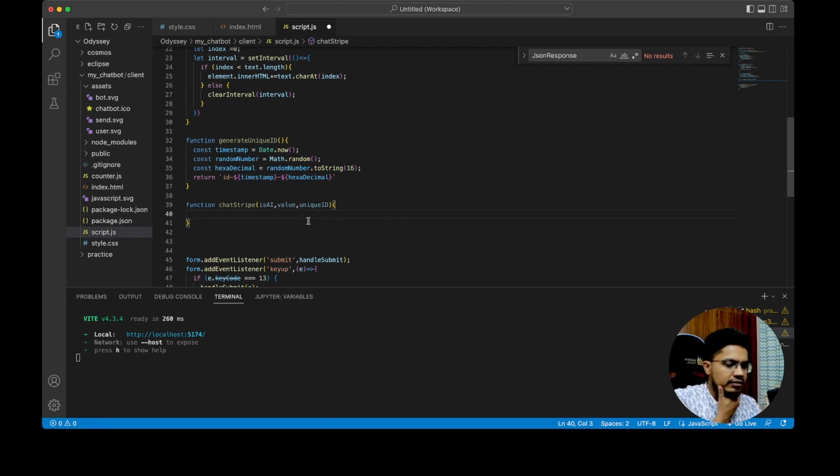Okay, so now how do we define the chat stripe function? In the chat stripe function, we want to create a simple HTML, which we basically want to inject in the chat container. So what is that HTML going to look like? It's going to be basically a wrapper, and then inside that there will be a chat containing a profile, which is the profile picture, and then we also have the message. All those things are going to be there inside it. So we're just going to return,